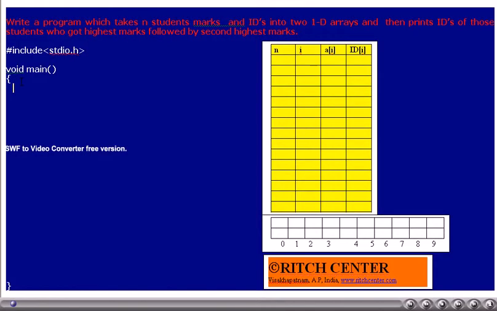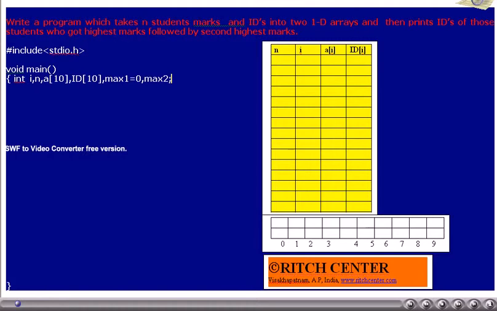As usual, stdio.h is included, main is defined. The arrays A and ID are declared. A is meant for storing the student marks. ID is meant for storing the identification numbers of the students.